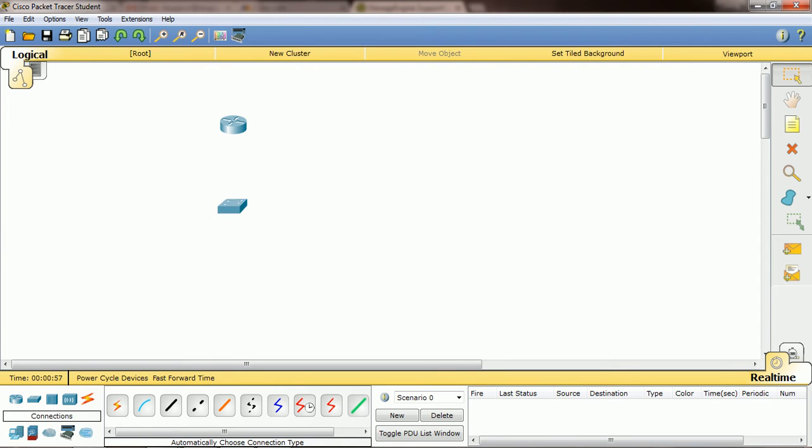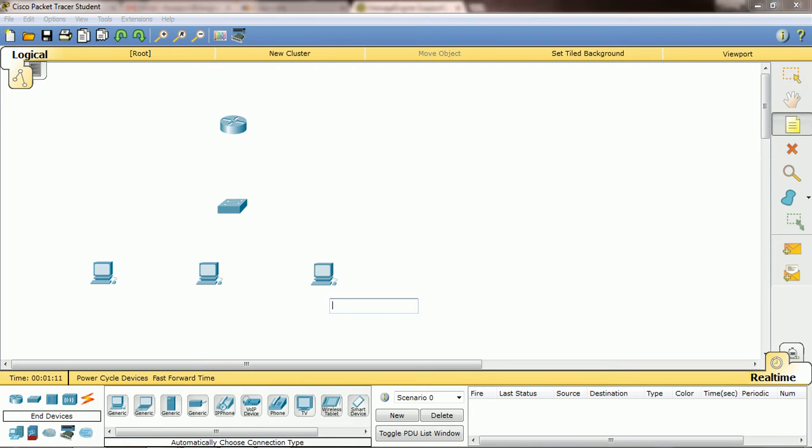So I taken one switch and one router and end devices, and I am going to label them, giving the IP labeling here. Before doing this, we will do the connectivity part.